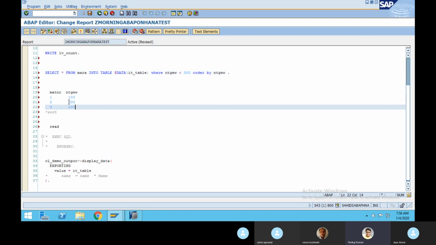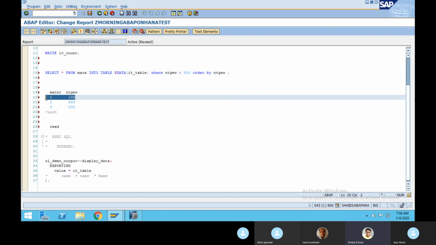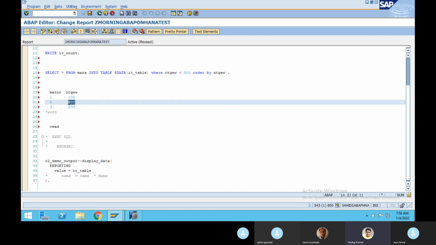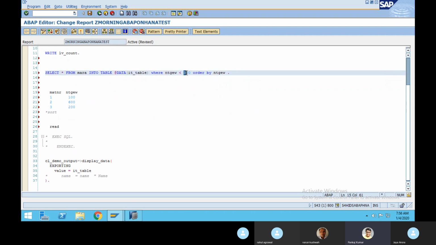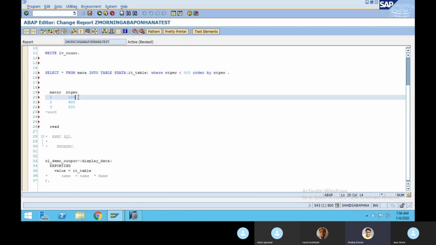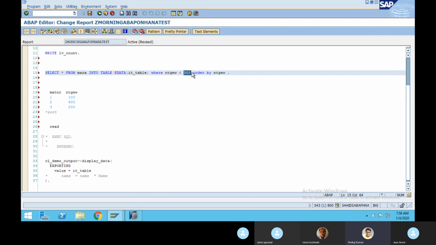Sometimes it will give you only the 100. As soon as it sees that 600 is there, it will skip the 200. What you are actually looking for is NTGEW less than 300. It finds that 100 is less than 300 and puts it in the internal table.